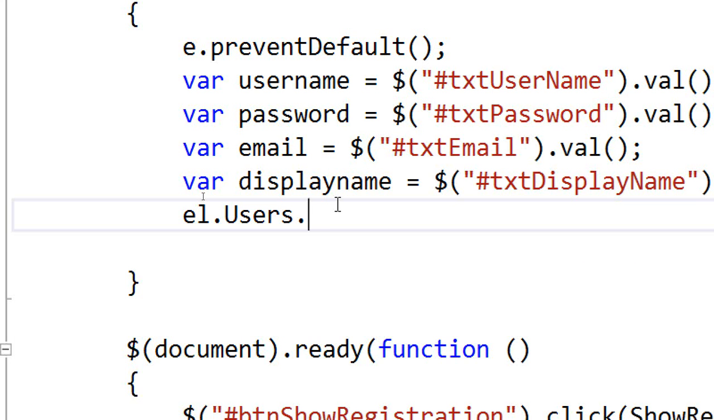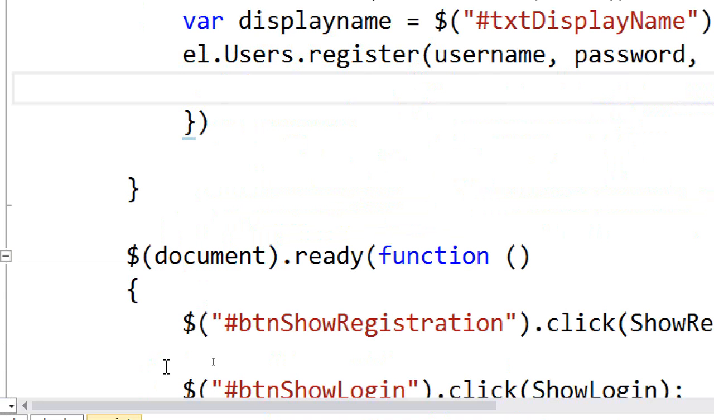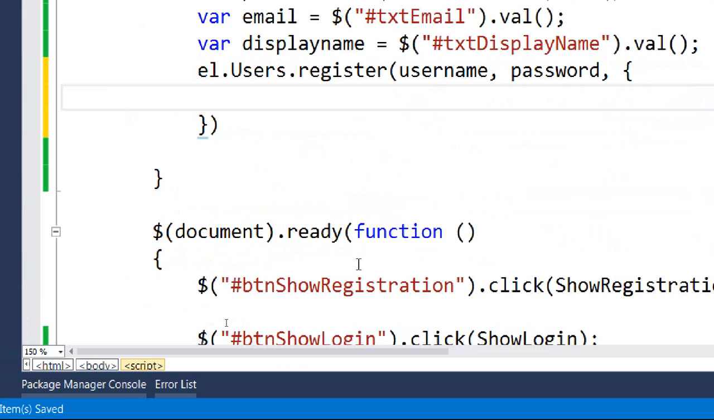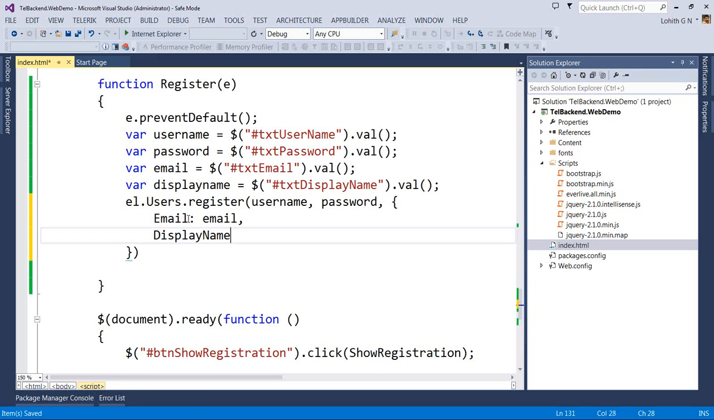So you just have to say users.register, and the first thing that you need to pass is username, and then password, and then any additional data. For example, email and display name are additional data that I'm passing. So I will say email, and then display name colon display name. That's all it takes to